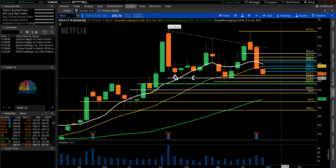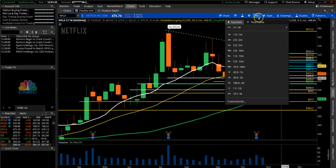You can see multiple touch points there, right? And now we're getting close to that area. So it will be the fourth time in the weekly time frame that we'll be testing that area. So I would expect some sort of support here, but if we give up that level, then the 450, 453 area is a monthly support, and if we give up that as well, then definitely look for the 432, 439 area as its next stop. Okay, getting into the daily,